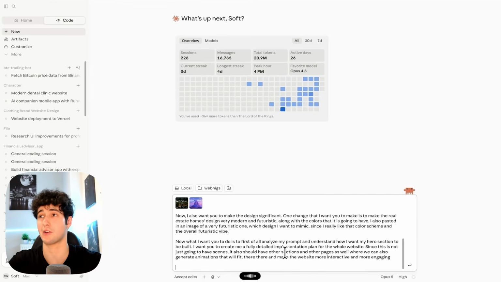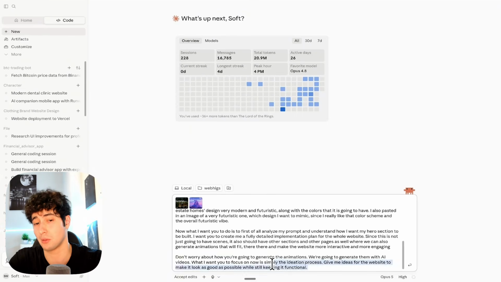Don't worry about how you're going to generate the animations, we're going to generate them with AI videos. What I want you to focus on now is simply the ideation process and give me ideas for the website to make it look as good as possible while still keeping it functional. And now that I described my long prompt, where I'm basically telling Claude Code all the thoughts that I had